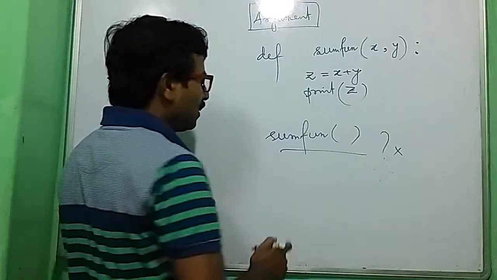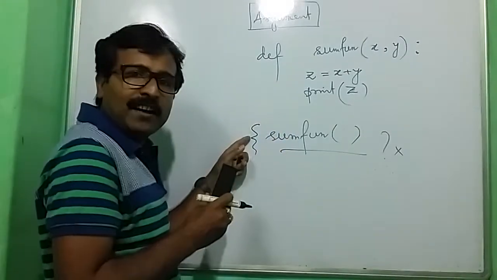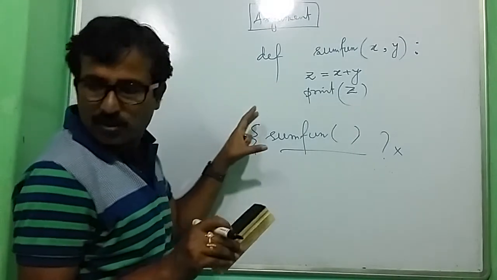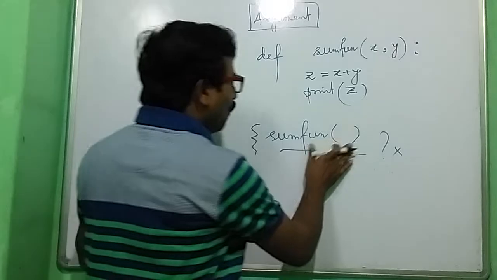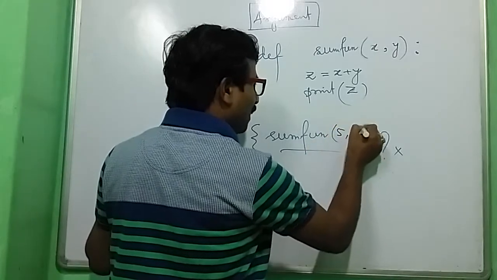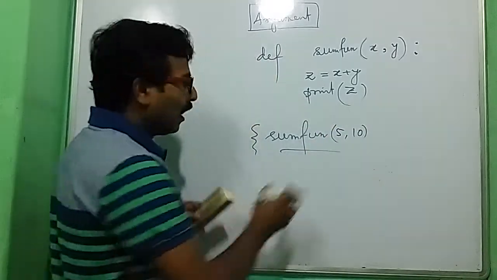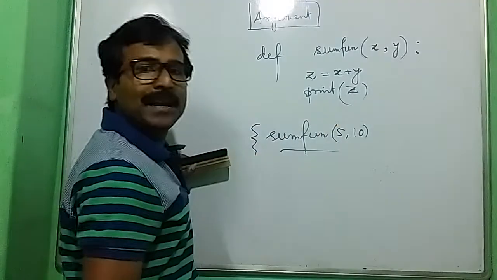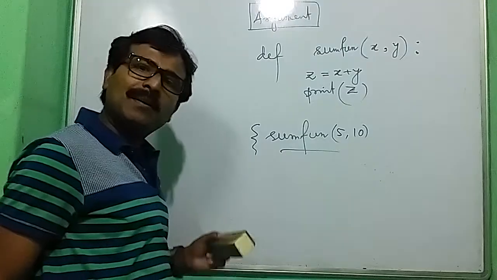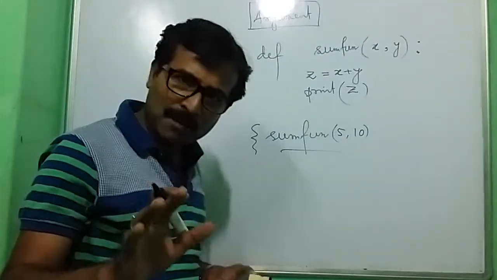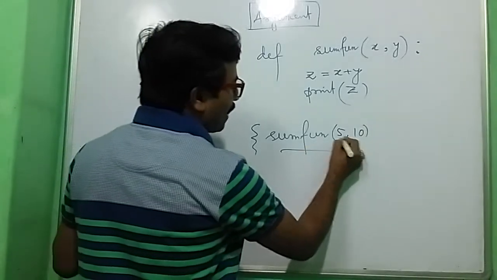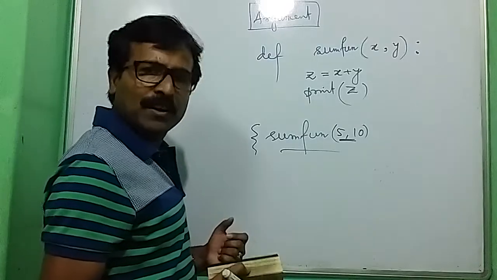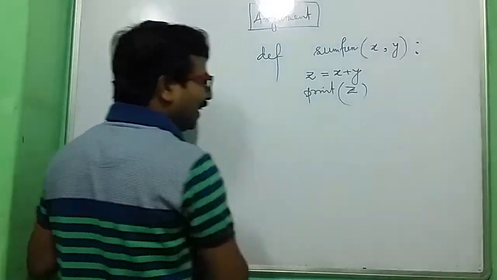So now this is our area where we can call, and this is the developer's place. You have to distinguish like this. Now what happens over here if I pass 5, 10, fine. The value of x will be 5 and the value of y will be 10, and accordingly they will be added and the result will be displayed. Getting my point? So over here I can pass constant values. Now you can ask, every time I call I will get the value 15 only. Okay, no problem. You take the value like this.